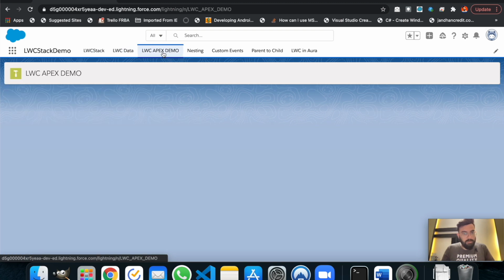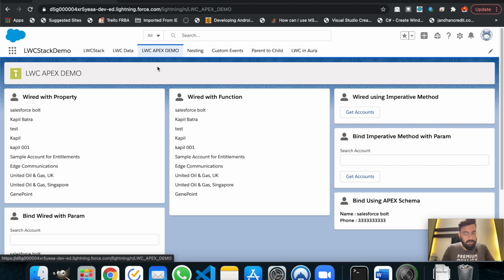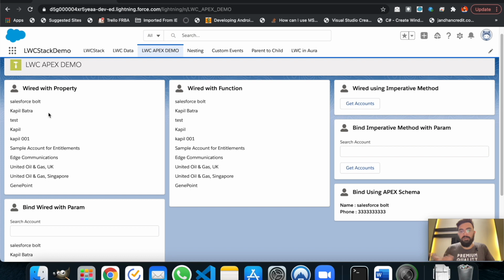Let me check it out. I think it should be in the Apex demo. Yeah, here it is. So you can take any one of them from my previous video, or you can directly copy and paste the source code from my blog itself. Let's say we took this one or this one, because we are just getting the list of accounts in both of them.